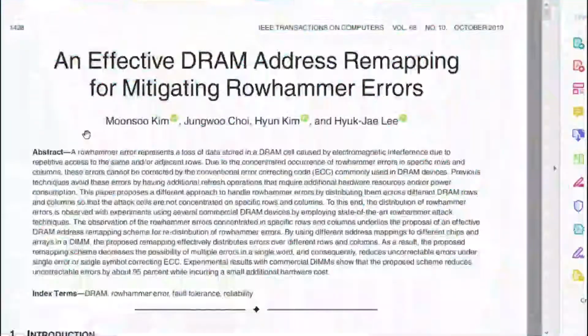Memories. This is a very interesting proposal. What they did is they propose the internal remapping of all the rows and columns. So for example, from outside, when the controller sends an address for a particular row and column, this address is remapped inside the DRAM. So that means the outside world has no idea that it's not the actual